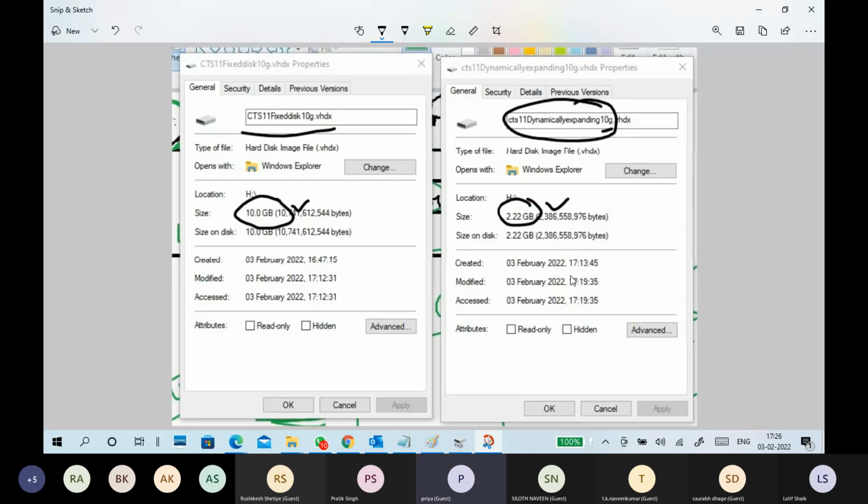Sir, in the fixed disk, can the leftover 8 GB be used to store anything else? I mean, if we want to download anything, can we store it, sir? In the fixed disk, leftover 8 GB is there, sir. I mean, we only put files like 2 GB, 1.8 GB in that, sir. One second.